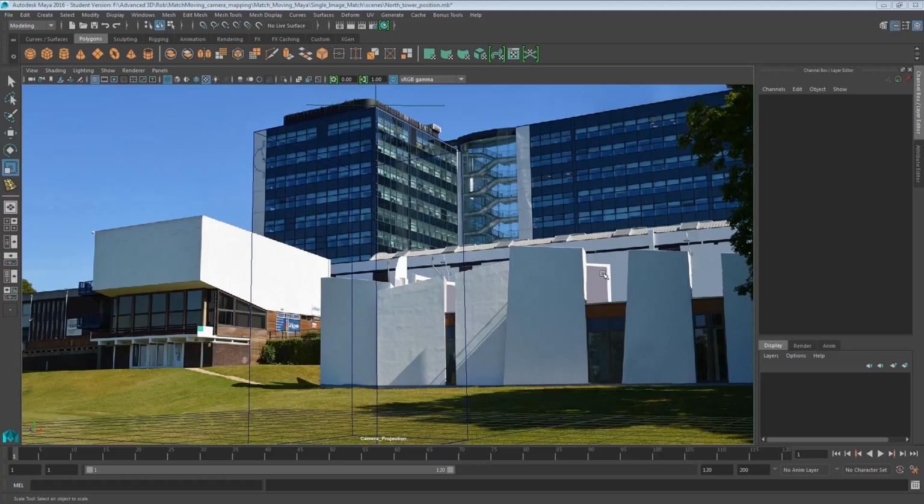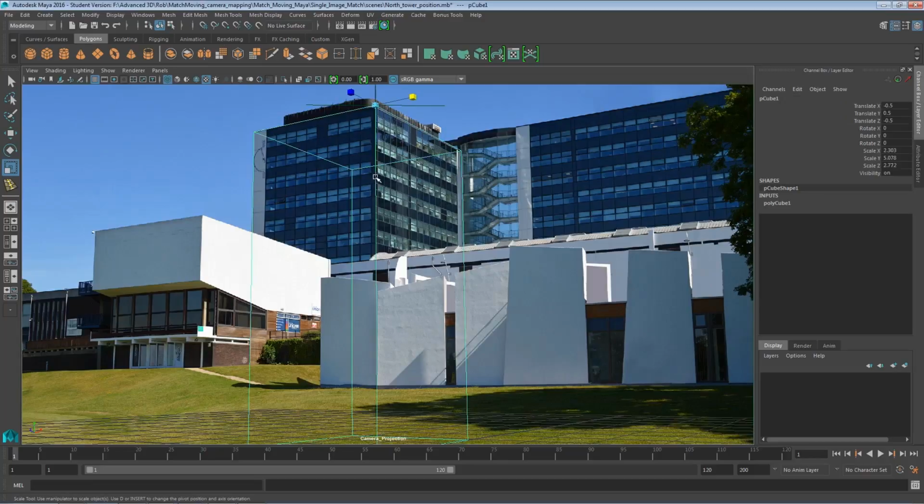Okay, so we're now at a point where we need to block out the rest of the scene so we can project the image from the camera directly onto the simple geometry to give the illusion of a 3D scene from a 2D photograph. Now we've already got one reference point, which is North Tower, so this is the best place to start